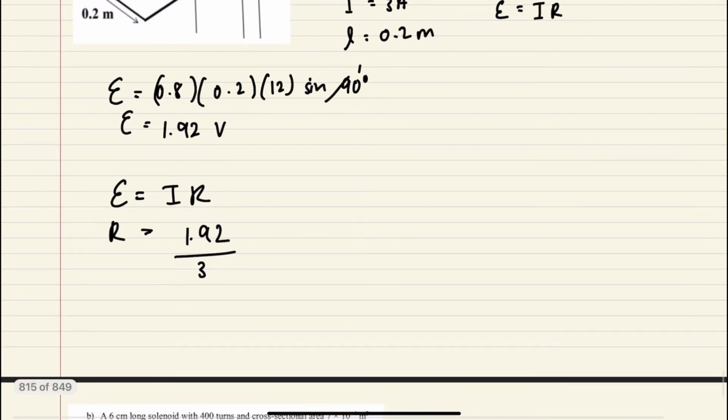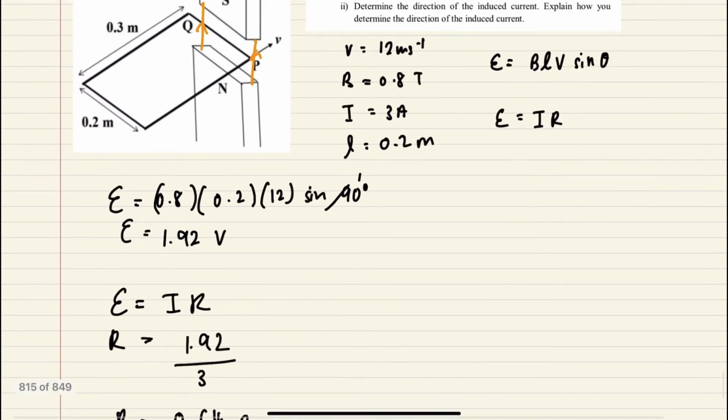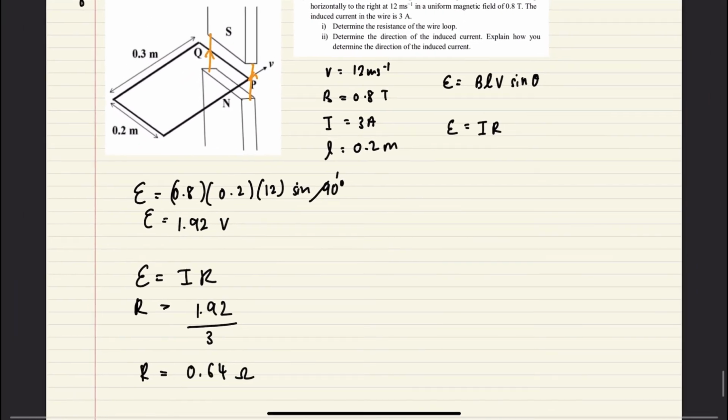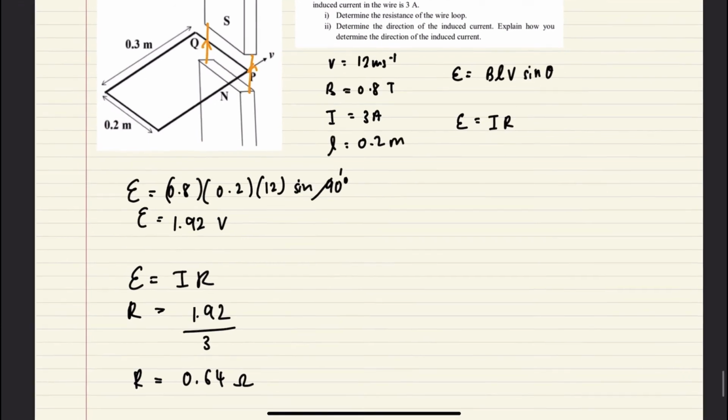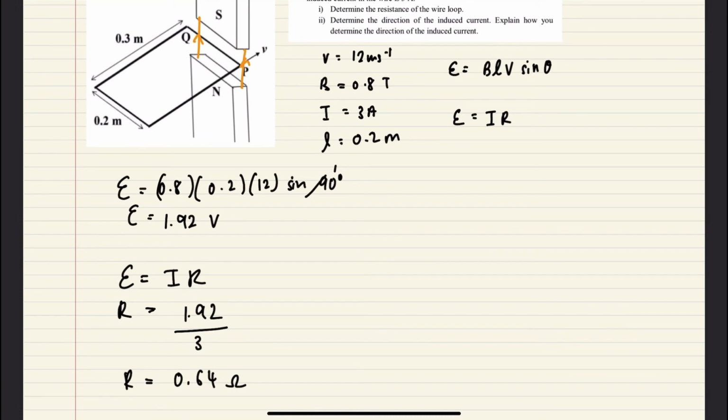Here 0.64 ohm. Okay, determine the direction of induced current. Explain how you determine the direction of induced current. Okay, you can say that using the right hand palm rule or right hand rules,